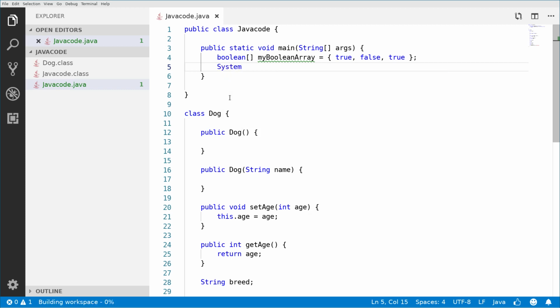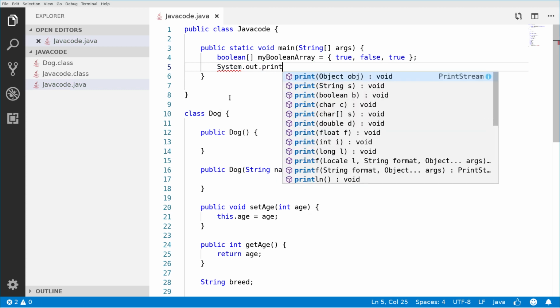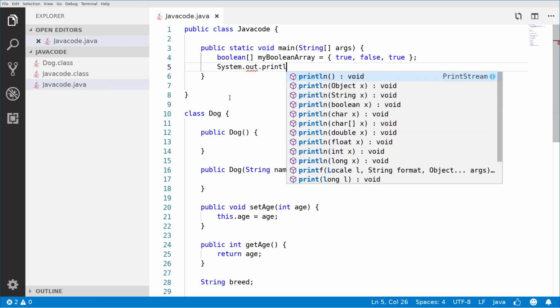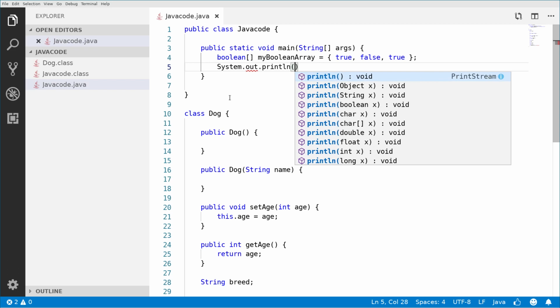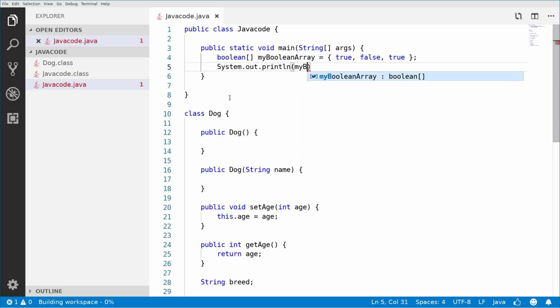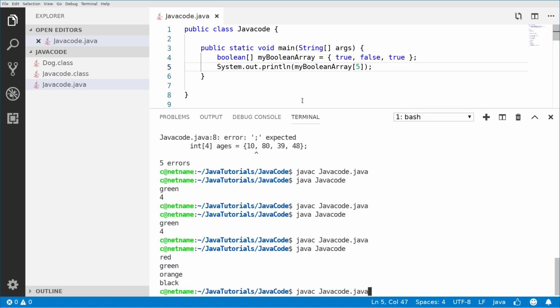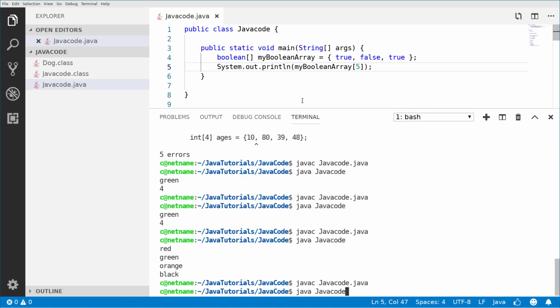So I say system.out.println, and I'll print the thing at my Boolean array, but at element 5, for example, which we don't have. We only have at most 3 elements, right? So when I try to run this now, I will compile this, and now I will run it, and as you can see, we have